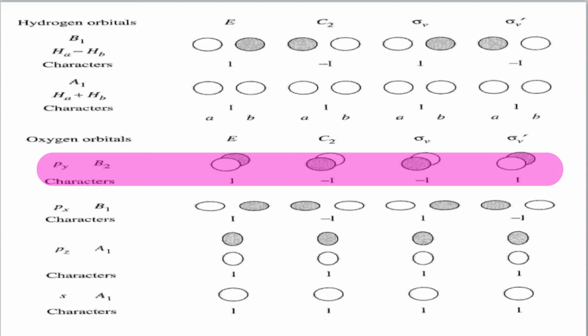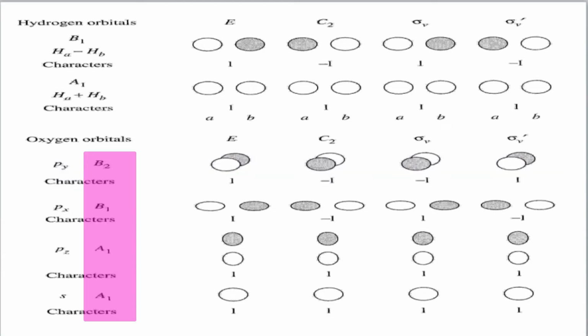Yes, it's a B2. The 4 players in the oxygen are A1, A1, B1 and B2, meaning 2 players are wearing the same jersey, that's A1. While the opposite team, that's the team of hydrogens, and in the team of hydrogen, only 2 players are there. Which are those? A1 and B1.